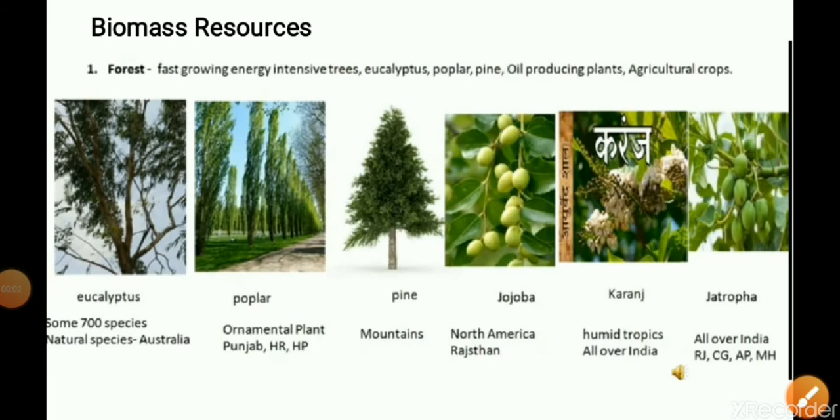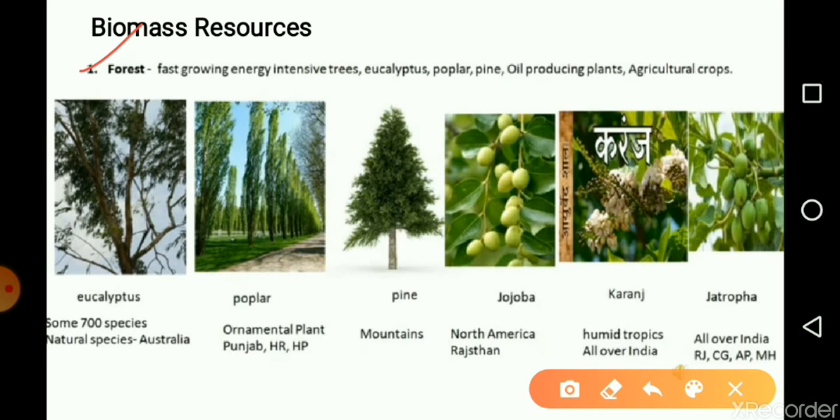The next we'll see about what are the different resources of biomass. So the very first resource is the forest. The forest consists of very fast growing energy intensive trees like eucalyptus, poplar, pine, and oil producing plants like karanj, jojoba, jatropha, which are being shown over here. So these are the oil producing plants or agricultural crops from which we are getting the biodiesel or the bioethanols, as well as from this eucalyptus, which in Marathi is called nilgiri. We can get the oil as well as the wood from it,